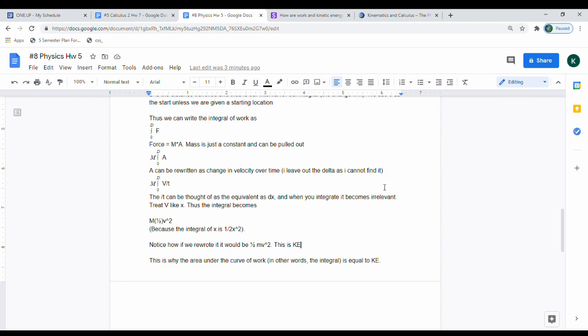And that's the proof for the work energy theorem. You don't have to know that though. You can just remember